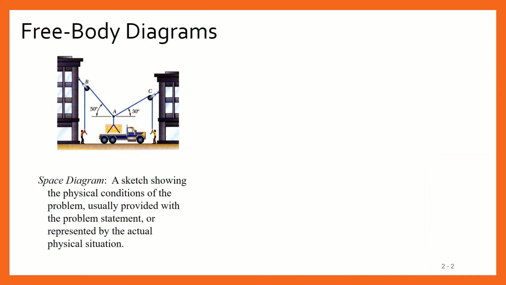So one thing is a space diagram. A space diagram is the actual sketch showing the physical conditions of the problem, usually provided with the problem statement or represented by the actual physical situation. So you can see in this figure, everything is shown actually, as this is a truck, and they are loading some weight on this truck with the help of these strings. So this type of diagram is the space diagram,